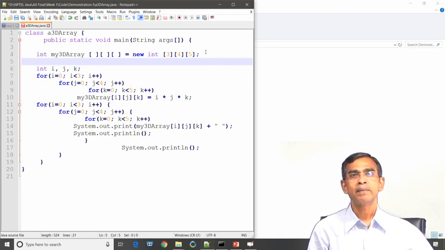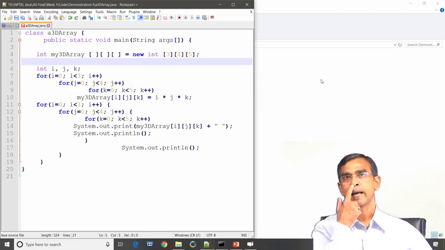It is basically a collection of 3 two-dimensional arrays, where each 2-dimensional array is of size 4 rows and 5 columns. So, if we print it, it will print as 3 two-dimensional arrays.